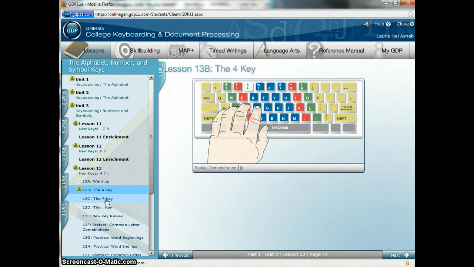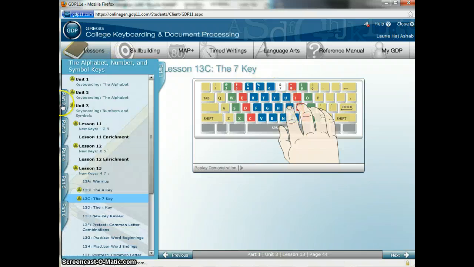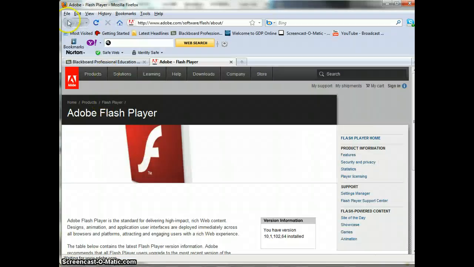And the number 7. The number 7, you're going to reach up with your J finger. So it's 7, 7, 7. 7, go back to the J. 7, 7, 7. Okay? And then we have